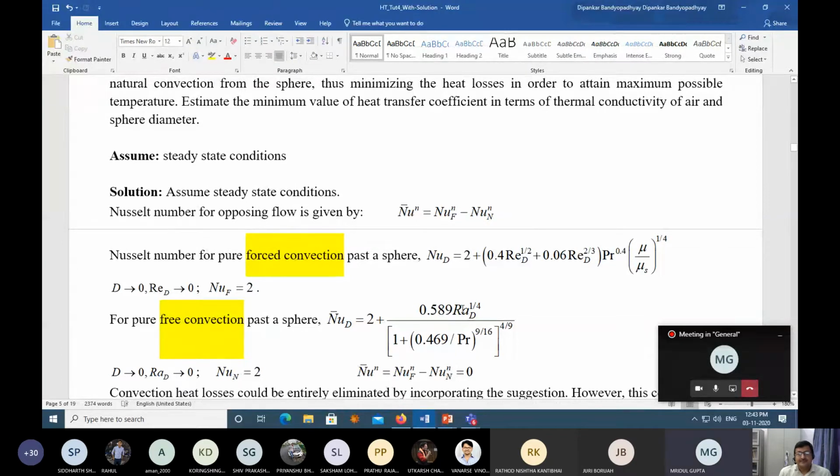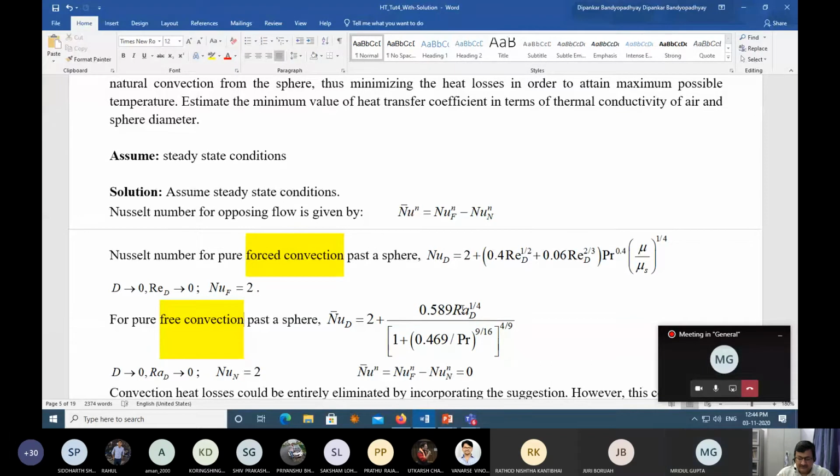Sir, why are we subtracting? It should be the sum now. The first is due to natural convection, that will be one Nusselt number, and the second is due to the forced one, so it should be added, both. No, the phenomena are acting against each other. See, natural convection is trying to set in, but I am disturbing it using the forced convection.